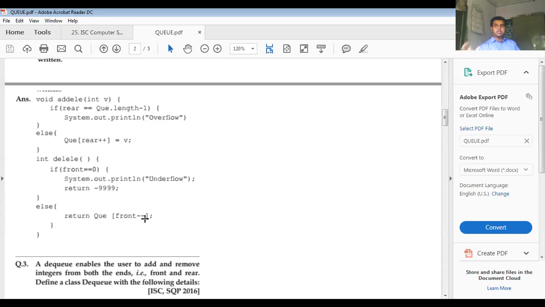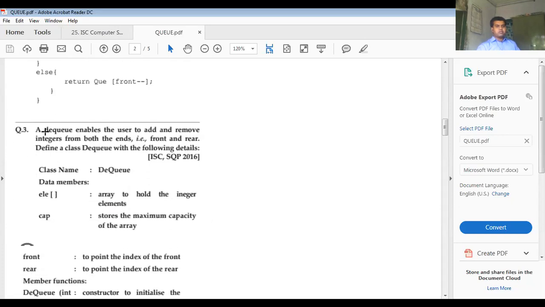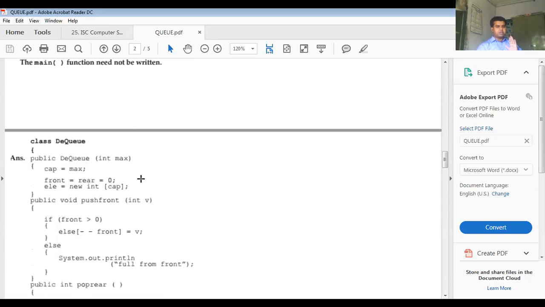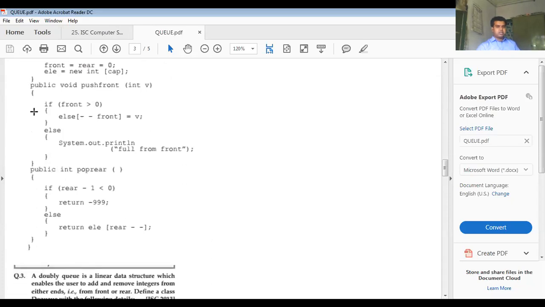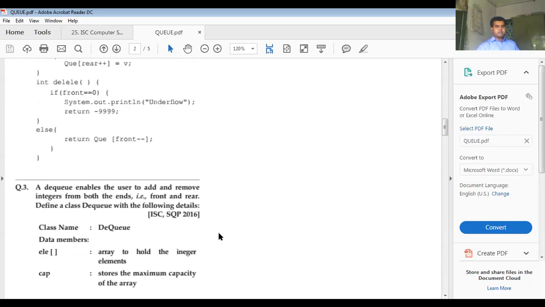Okay, now front minus minus means what? Front minus minus means the present front value which needs to be deleted. Okay, once you delete it, then the second front value becomes the front value of the modified queue. So that is why queue of front minus minus. This is how. From the question only it is given DQ, means you have to perform the deletion. So same concept, same operation, if you can see. Okay, this is the entire program which you can read and you can easily understand also. Okay, I will post this today, the DQ concept.